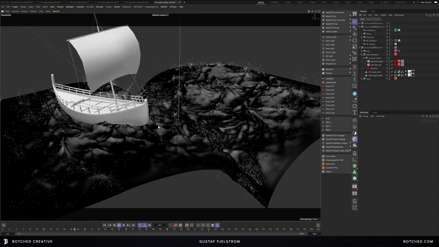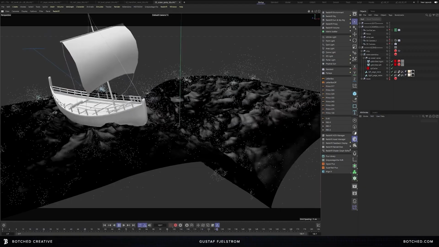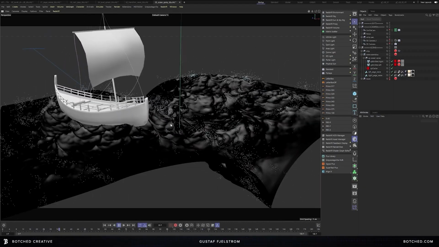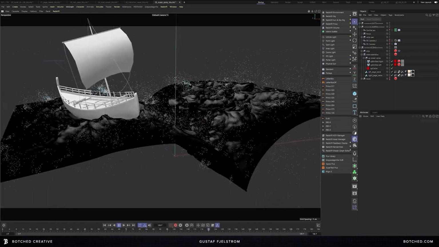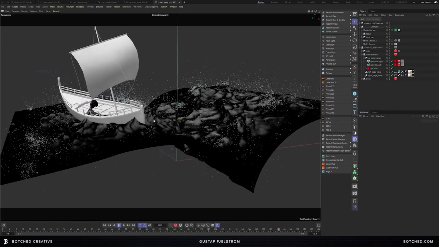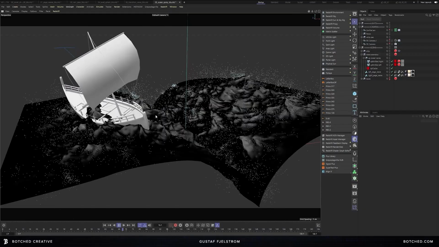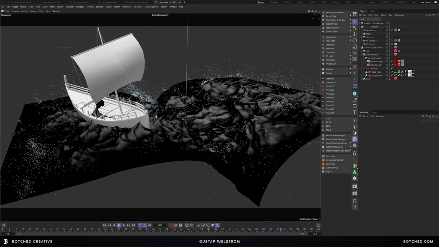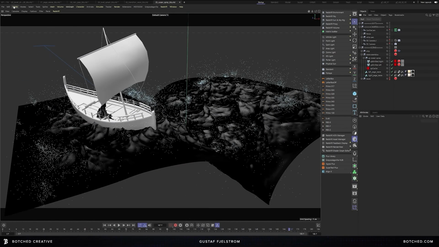For that, I used X-Particles again, just to emit these tiny little particles along the wave peaks. That was using a vertex map as an emitter, with some subtle wind and some drift, which I thought was adding a lot, but at the end of the day, they just got totally obliterated in the comp, so I chose not to use them, but there's some fun behind the scenes for you. Okay, let's jump back to our main scene file,